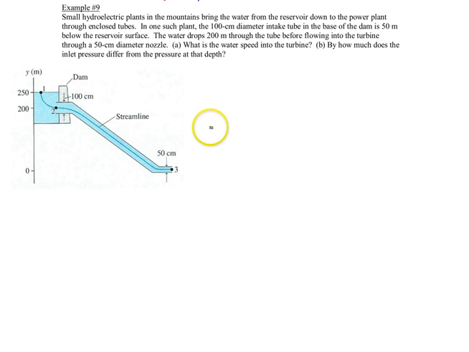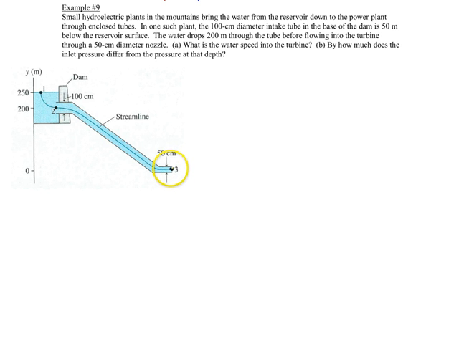Okay, welcome to example 9. We have a small hydroelectric plant in the mountains that brings water from a reservoir, which is shown over here at 1 and 2 area. And in these enclosed tubes all the way down here, at the very bottom at number 3, we have the